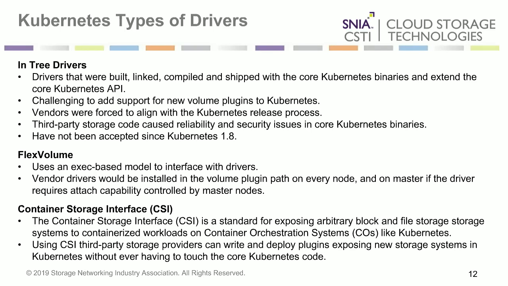But the latest and greatest thing, which just went GA with Kubernetes, I think 1.13, is Container Storage Interface. The Container Storage Interface, or CSI, is a standard for exposing arbitrary block and file storage systems to containerized workloads on container orchestration systems like Kubernetes. This was built as a collaborative effort between different container orchestration engines. Docker was involved, Mesos was involved, Google was involved. So this was a collaboration done together under the CNCF, the Cloud Native Computing Foundation.